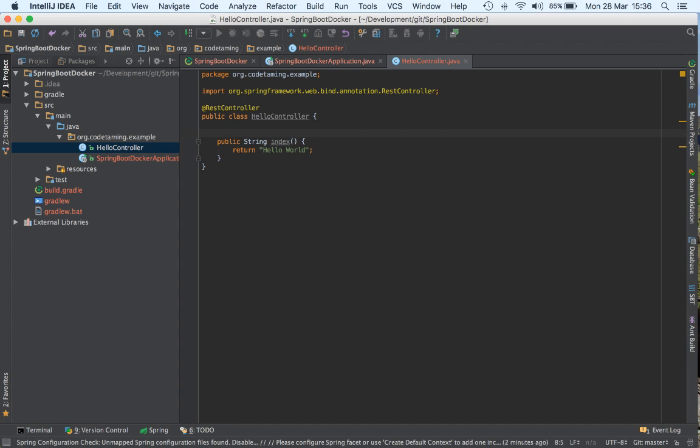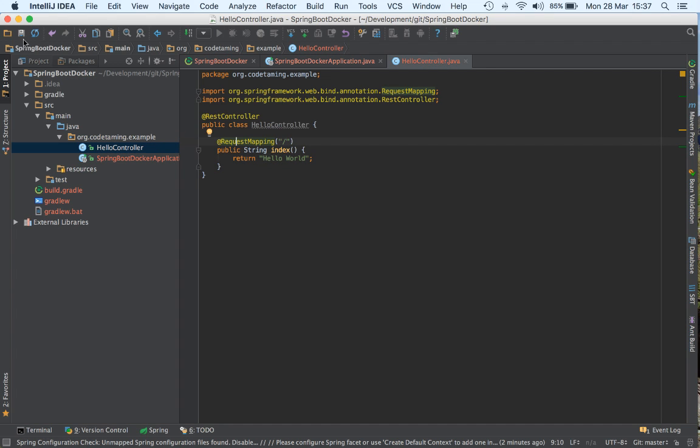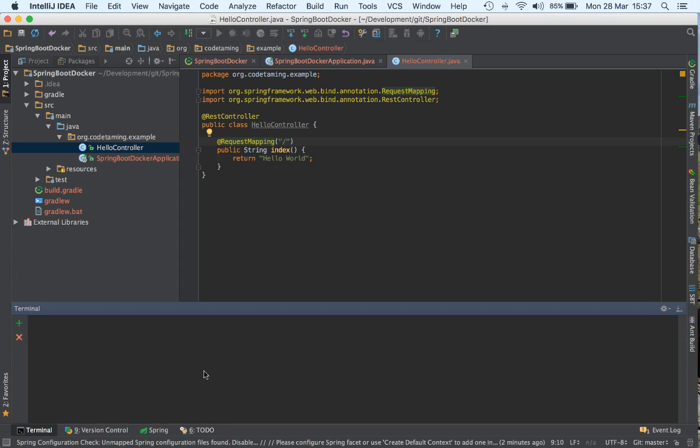Alright, and we'll just use the RequestMapping annotation to map that onto the root URL. Okay, import that, and we should be good to go. Right, so I can open up my terminal now. And if I just type gradlew bootRun,